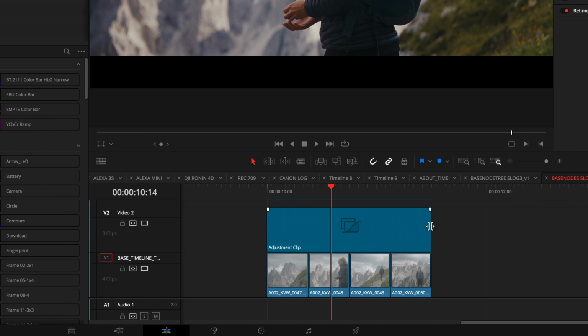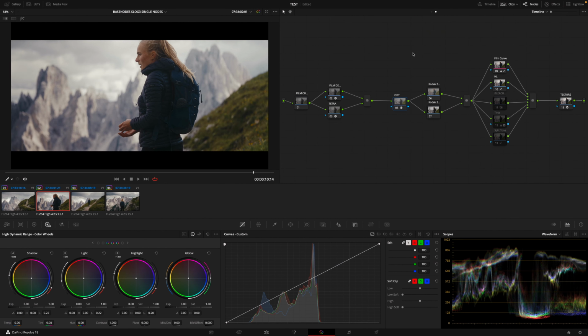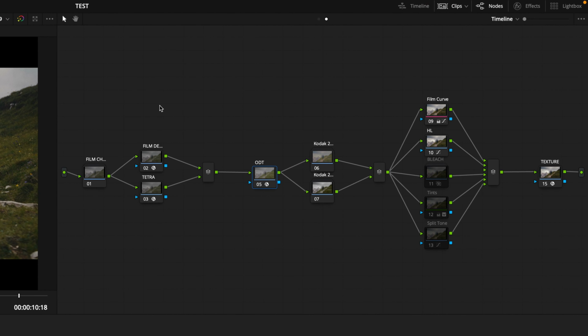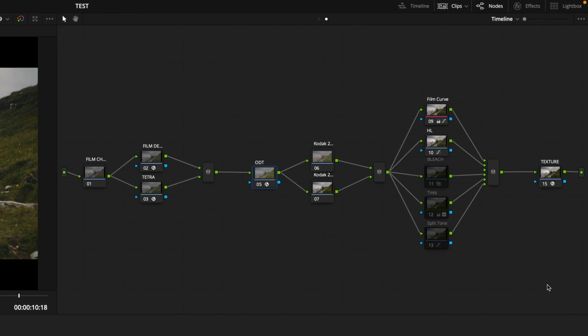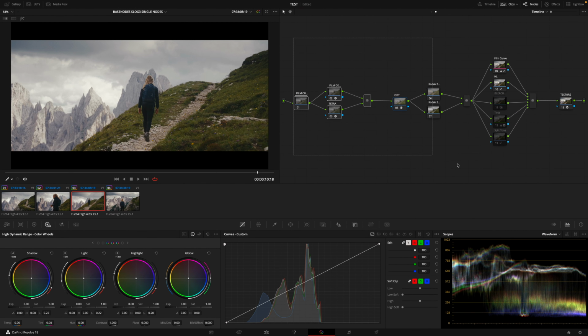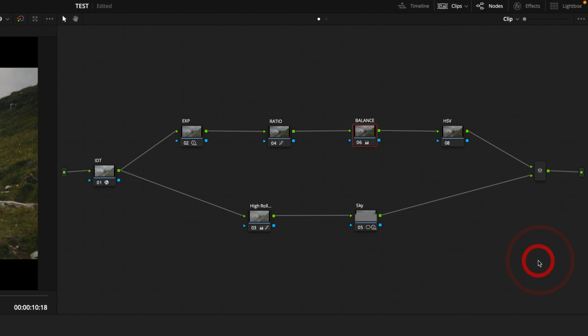But this is not the point. The point is for us to start seeing the grade as a more structured process. If you watch a film, most films would have just one show LUT, and when I say show LUT, don't get confused. This whole thing is the show LUT, which is the look development, probably the most fun part of color grading. It's making those images really shine and complement and enhance what the DP and the director had in mind. And then at clip level, you just balance the shots to each other,